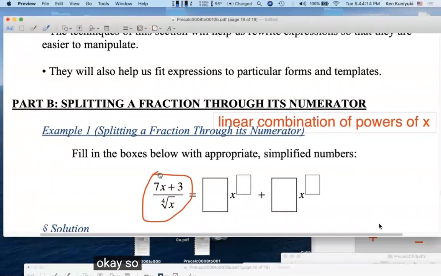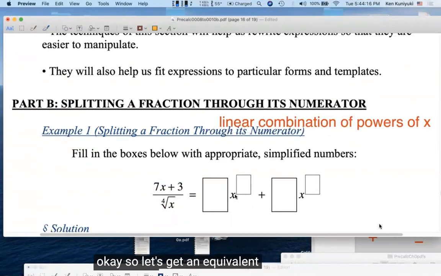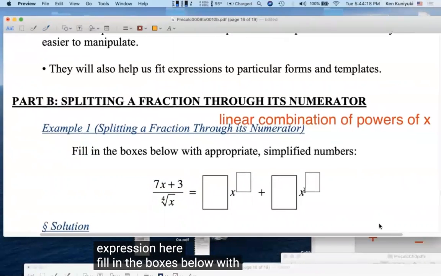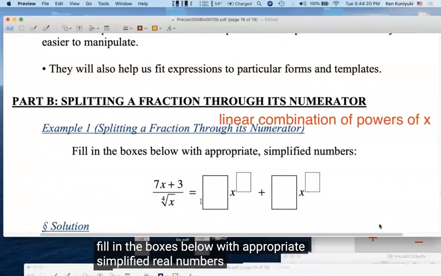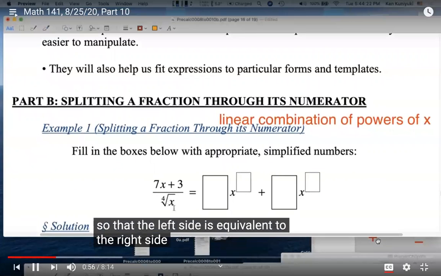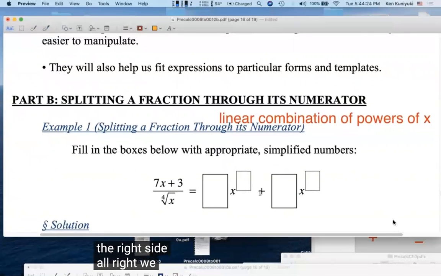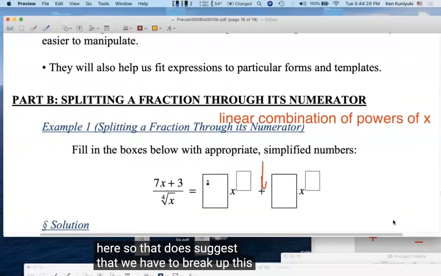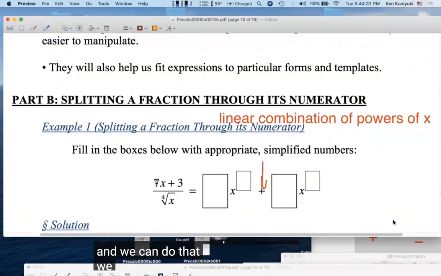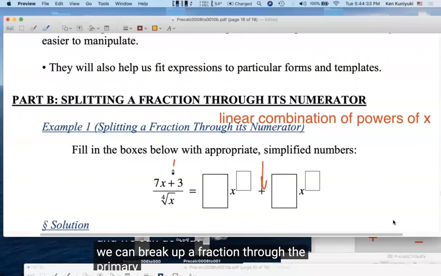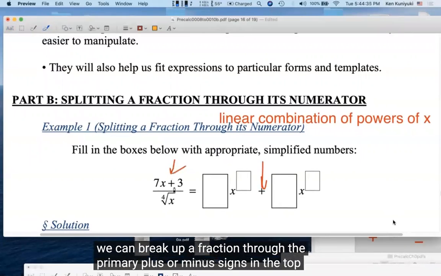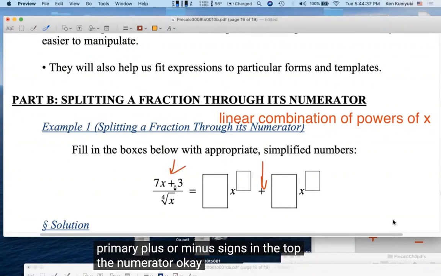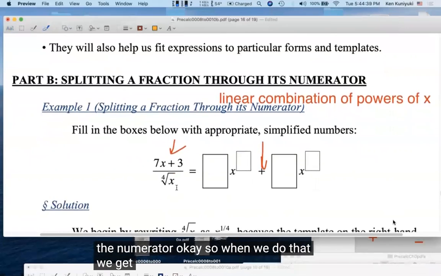Okay, so let's get an equivalent expression here. Fill in the boxes below with appropriate simplified real numbers so that the left side is equivalent to the right side. All right, well, we have a big old plus sign here, so that does suggest that we have to break up this fraction. And we can do that. We can break up a fraction through the primary plus or minus signs in the top, the numerator. Okay, so when we do that, we get,